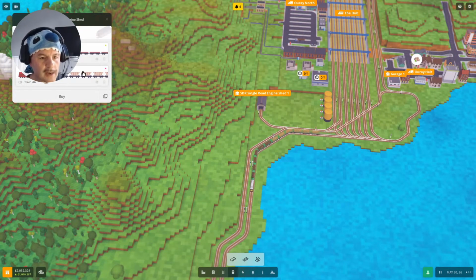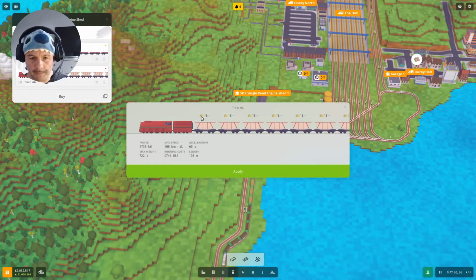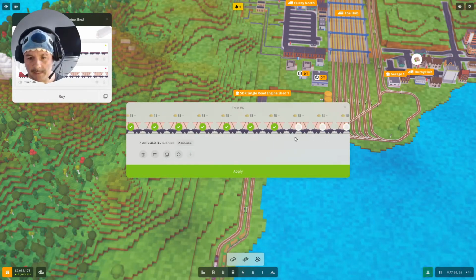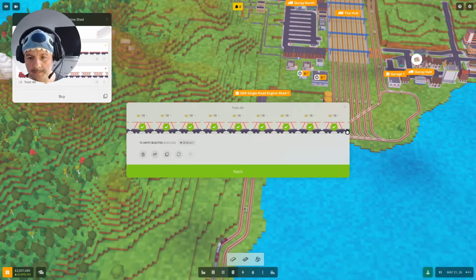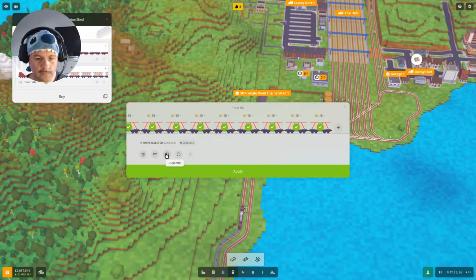Now, let's use the BR class. And we'll firstly reconfigure him. So let's swap all of this. So this was bringing sand, wasn't it? Yeah, we don't need to bring sand over at all. So let's first of all change this,